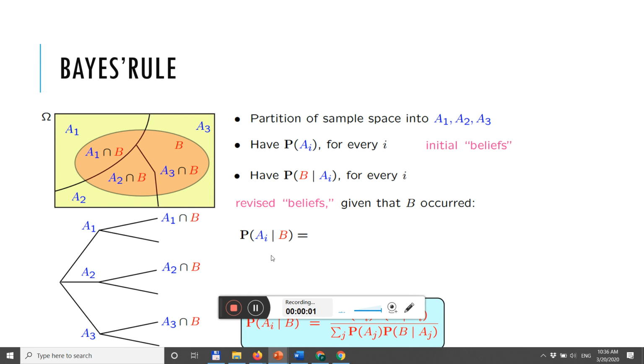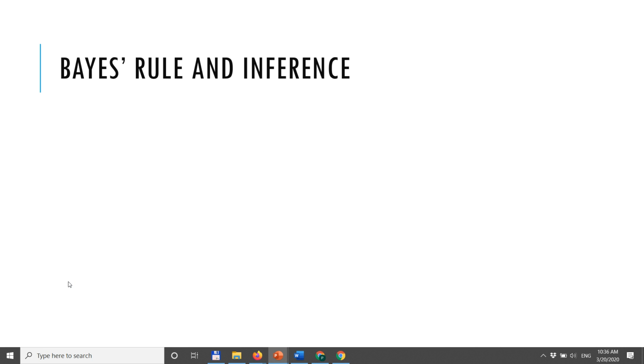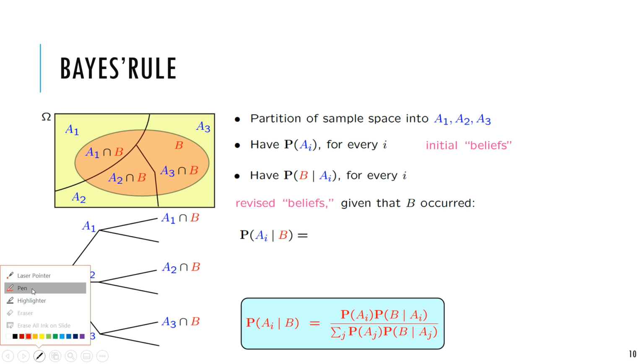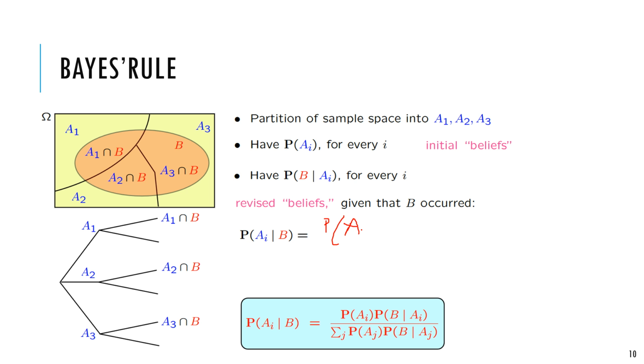So property of A_i given B is equal to property of A_i and B divide property of B. We know that A_i and B is a property of A_i